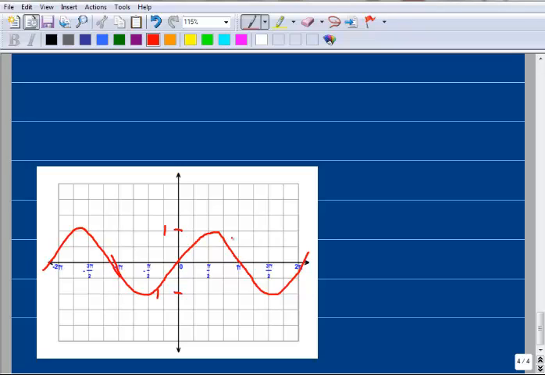There's a 0 at pi, because the sine of pi is 0. To find the corresponding 0 in the function the sine of x minus pi over 2,